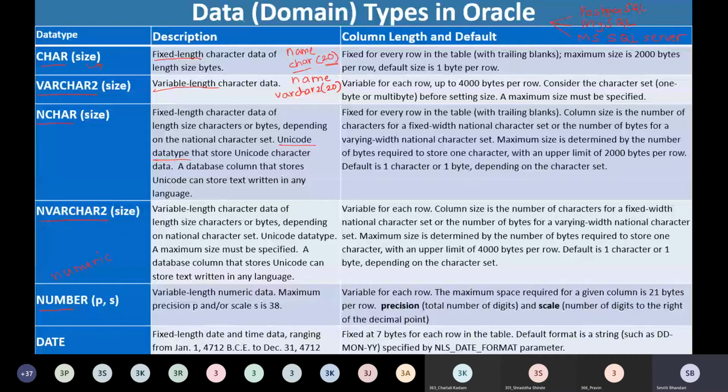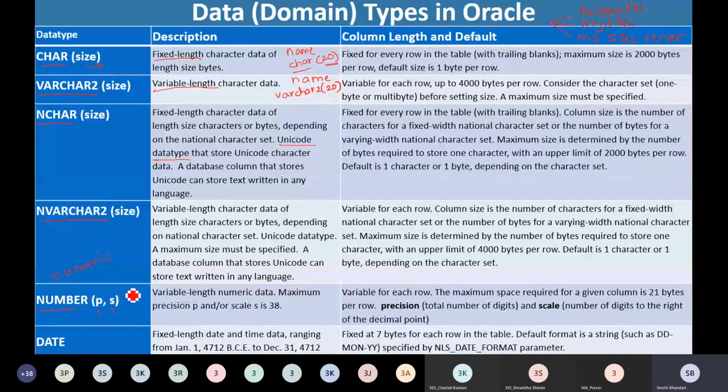It has two parameters with number. So what are those two parameters? P stands for precision and S stands for scale. Precision defines the total number of digits we are going to make use of, and scale determines the number of digits to the right hand side of the decimal place.